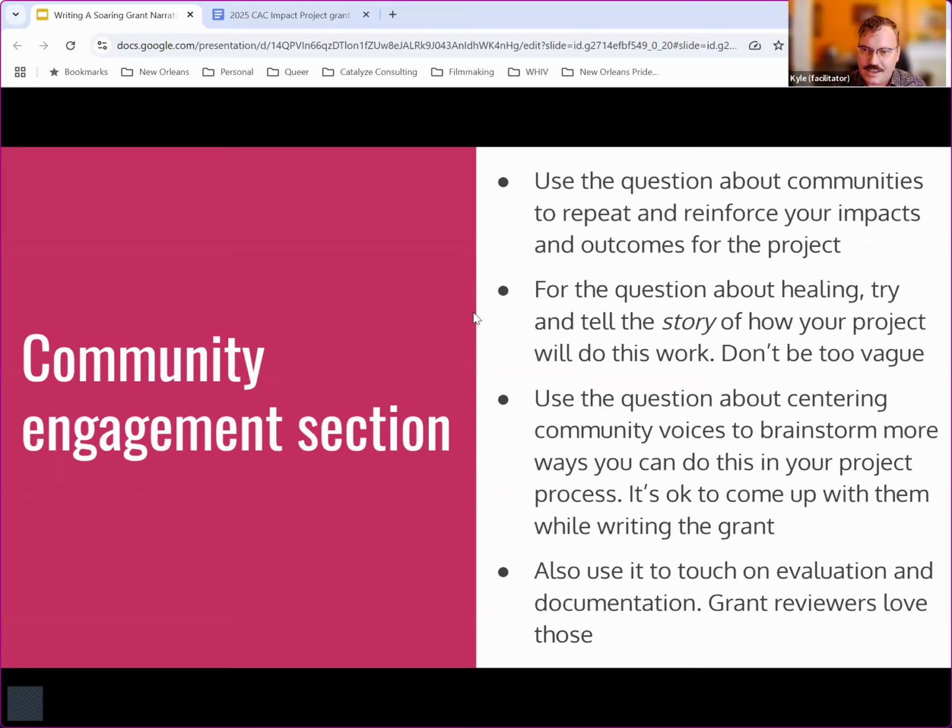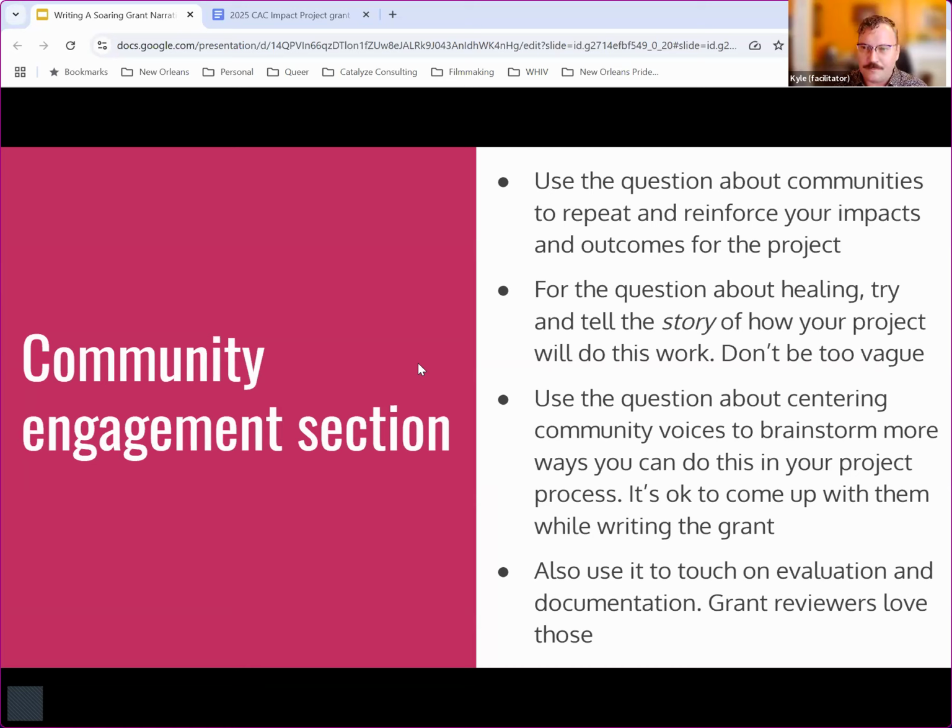Also, there's that question about healing and nourishing with the community. This is a great opportunity to do a story. I know that oftentimes we're trying to bullet point this out, trying to prove that we do it in X, Y, and Z and A, B, and C ways. But sometimes pausing that approach and telling a story about the impact that your work has had on an individual or a family or an organization, if you work with organizations, this is a really great place to do that. And honestly, you might find other questions where you have a story moment.